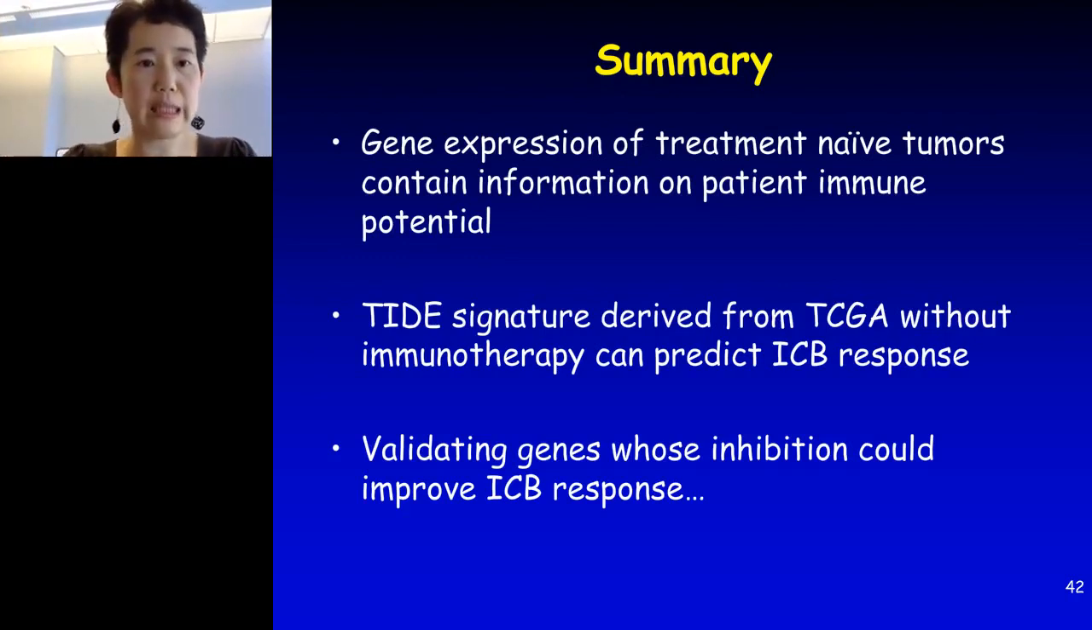In addition to just deriving a biomarker, from here we also care about some of the really strong genes, like PD-1, like PD-L1. Some of these genes can be targeted to improve the immunotherapy response. So within our lab and with our collaborators, we're trying to validate some of those genes whose inhibition can improve